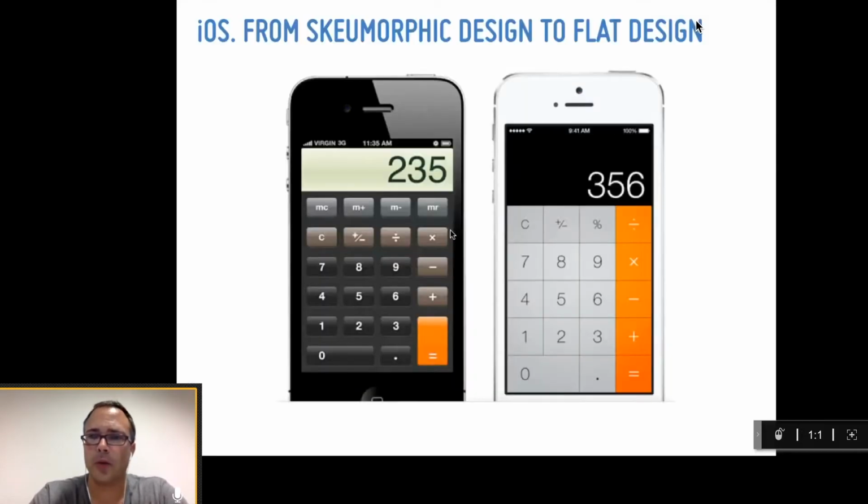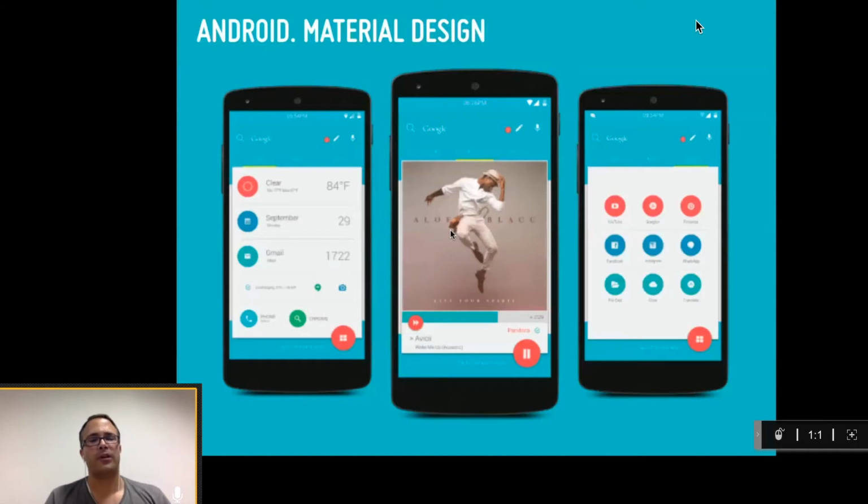So on iOS, we kind of went from, I probably misspelled that because this is such a horrible word, a German term, skeuomorphic design to a flat design. So they kind of took away all the gradients and took away all the leather stitching from the address book and made it look flat. Android went from a different direction, also looked flat on the first look, but they put more thought, or they put more